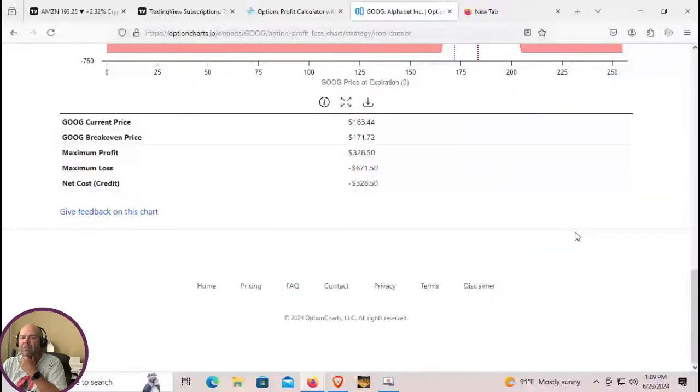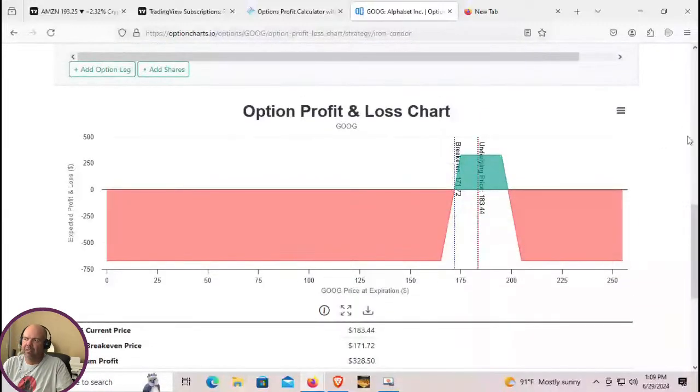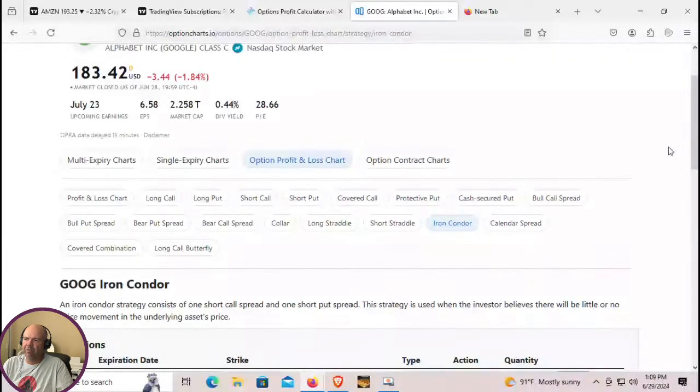They show how much: net cost 328, max profit 328. The break-even prices are 171 and 183. Max loss $600. I even put $600 to make 300. So